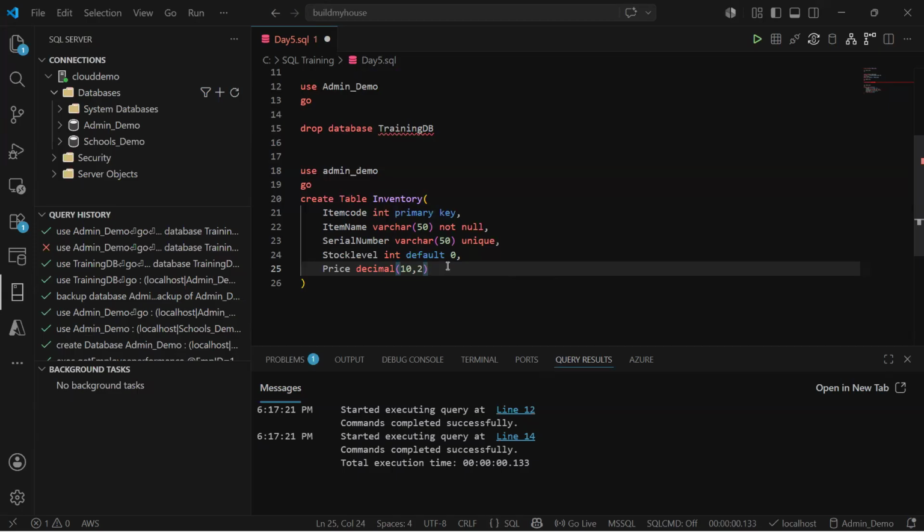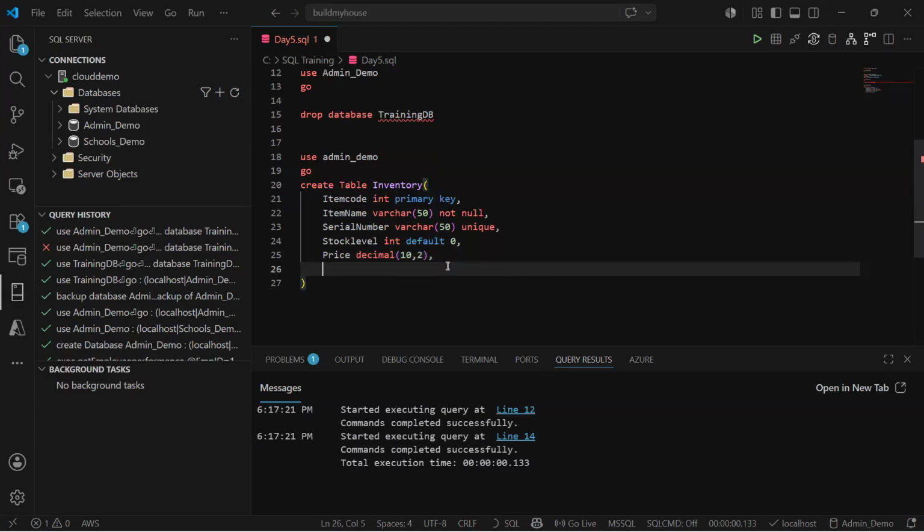Okay. Now, if I want to check a constraint, we can use a check constraint, which basically helps us ensure we never set a negative price. So if you want to do that, we can do something like this. Constraint check price is always greater than or equal to 0. So this is how we can set up a constraint. Okay. Once we are done, we are good to go. Now if we go ahead and execute,